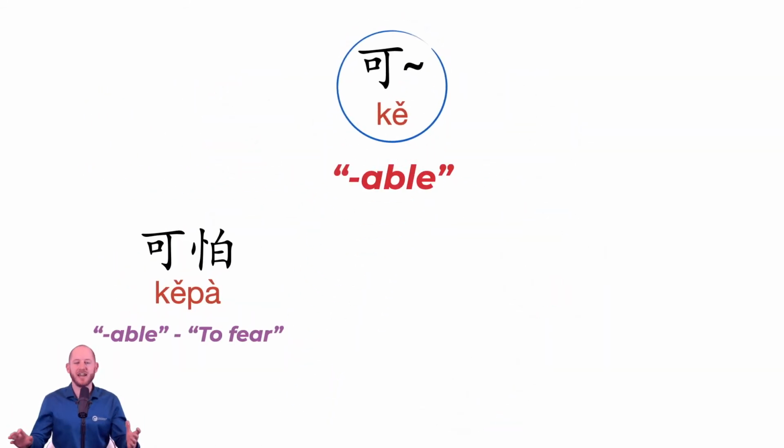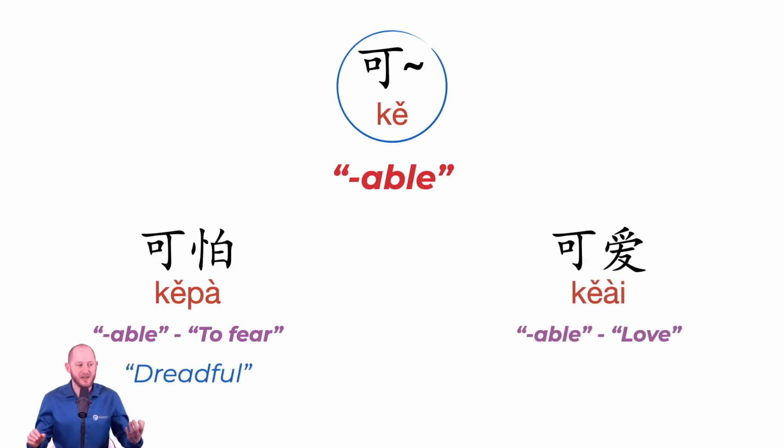可. This is a very useful prefix. It makes what my Chinese teacher You Lao Shi used to say is it 让人觉得 verb. So 让人 means makes people, 觉得 feel. So makes people feel verb. 可怕, pa means to fear, makes people feel fear, aka something that is dreadful, right? Something that is awful or terrible, scary, 可怕, right? Makes people feel fear. 可爱 makes people feel love, lovable.